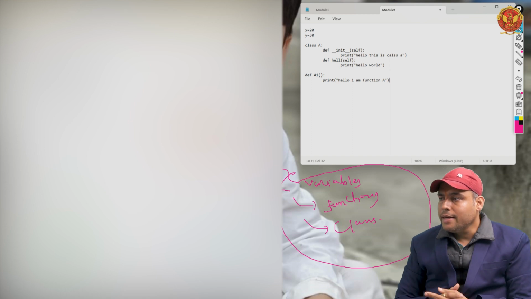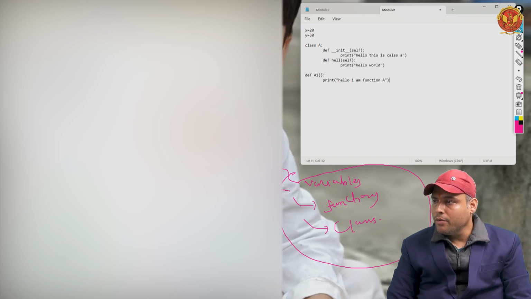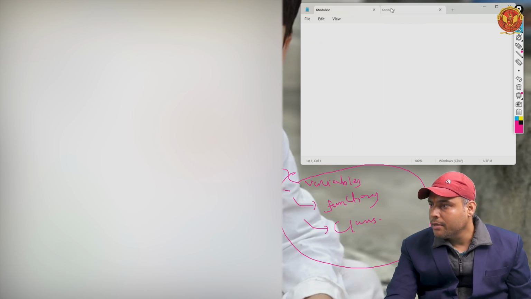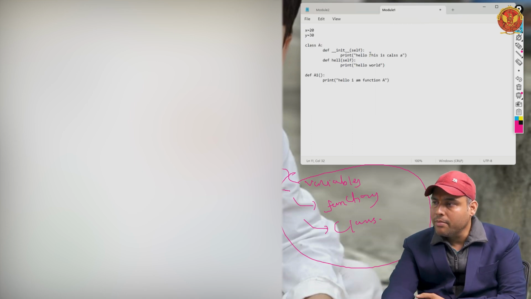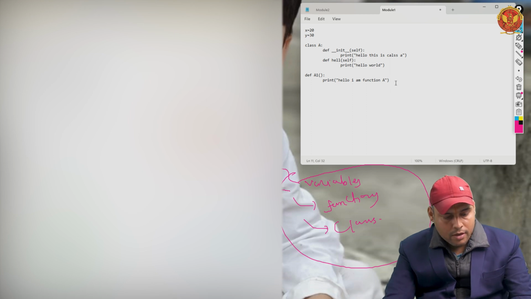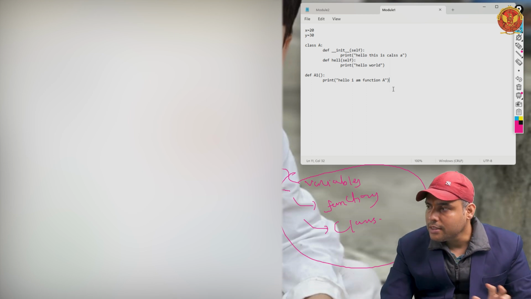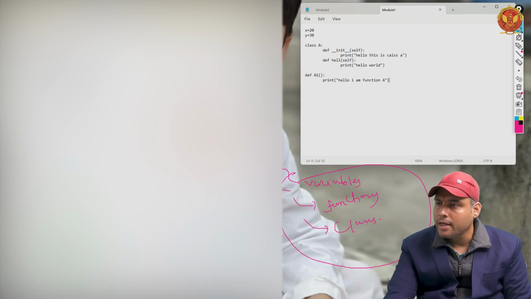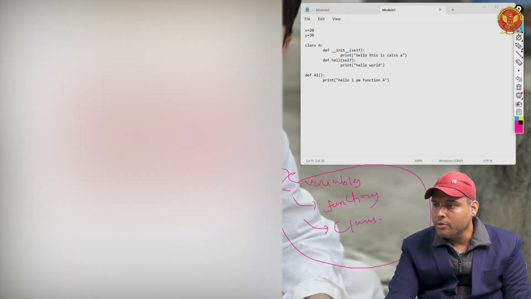You see, inside this file, module1, we have defined not only a class, but we also defined a variable and functions. अब इस फाइल को